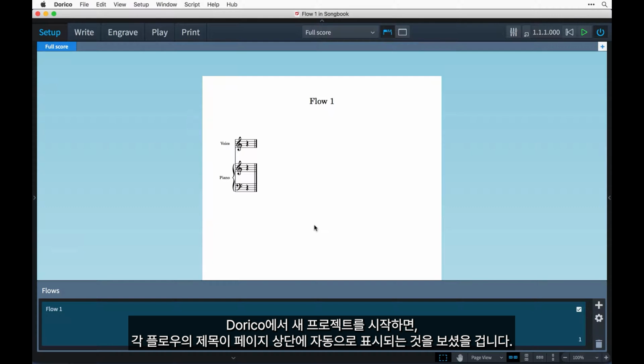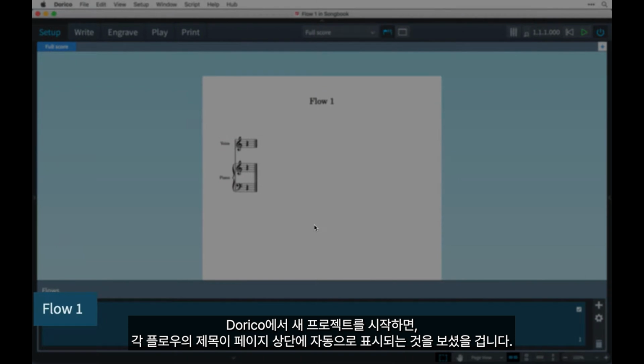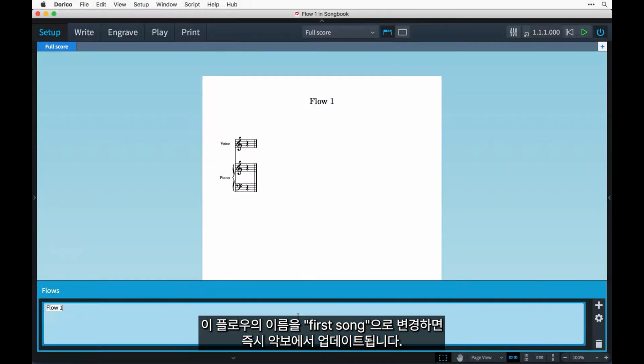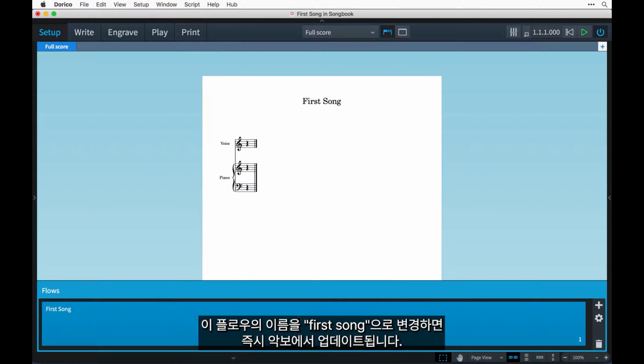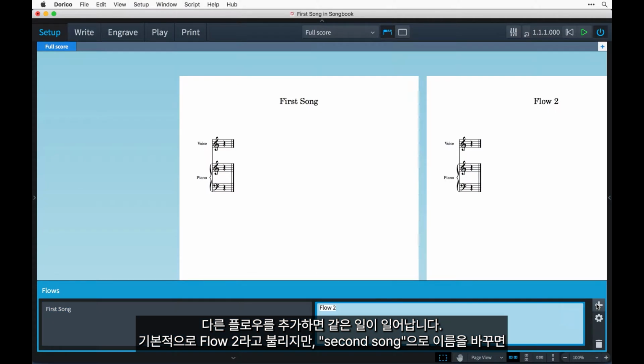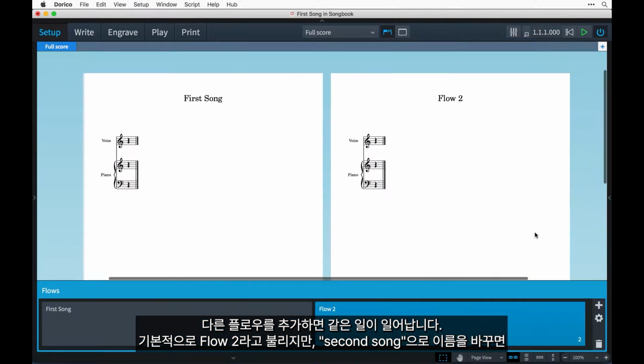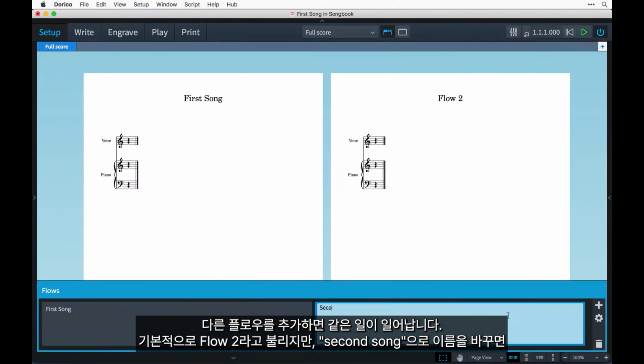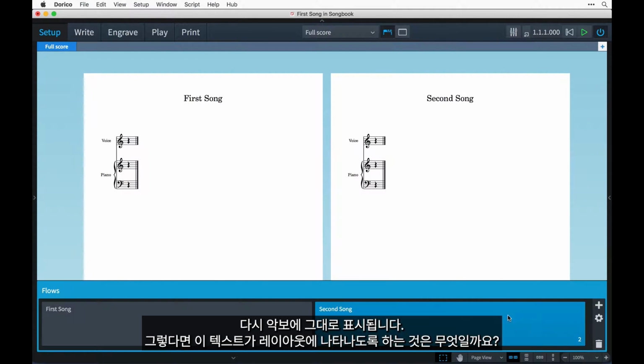When you start a new project in Dorico, you will probably have noticed that the title of each flow is automatically displayed at the top of the page. If I change the name of this flow to First Song, then that is immediately updated in the music. If I add another flow, the same thing happens. It's called Flow 2 by default, but if I rename this Second Song, then again that's what's displayed in the